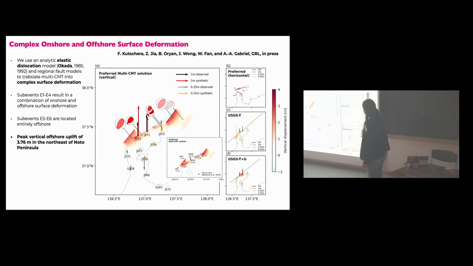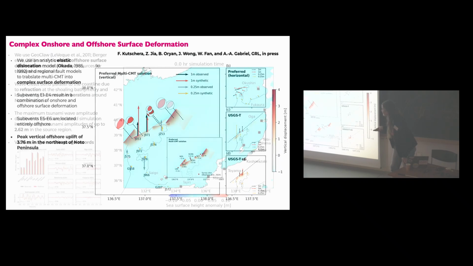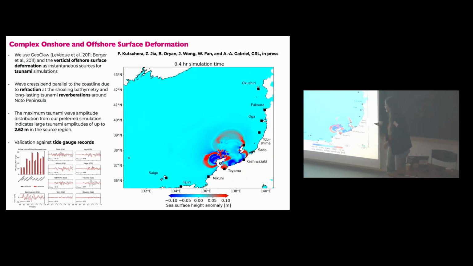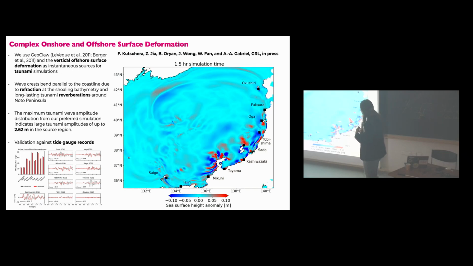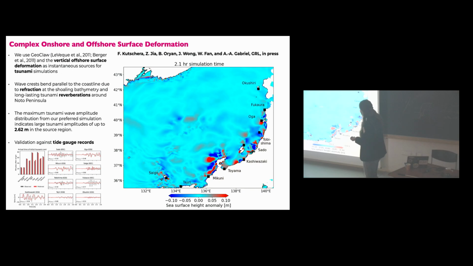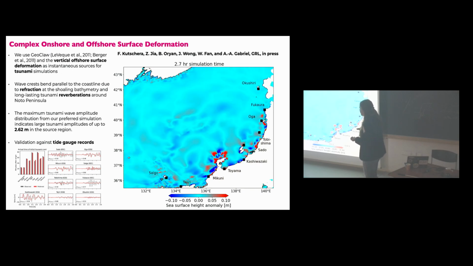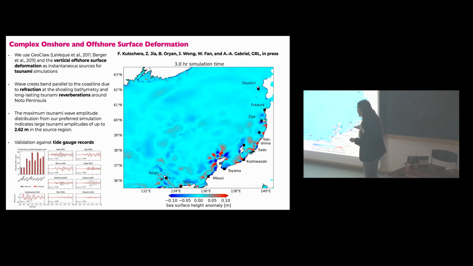Horizontal fit, not as good, but the comparison, USGS teleseismic plus geodetic fit of the verticals here. And these are not finite fault models, just CMTs translated very simply into dislocations. Now we can use this to simulate the tsunami, which is interesting. We see, for example, wave crests that bend parallel to the coastline. We see a lot of refraction and evaporations here close to the peninsula. It's small, but you can believe me, it's a very nice fit with tide gauge records, and especially the timing of the first arrival time, much superior to using the USGS models to model this tsunami.